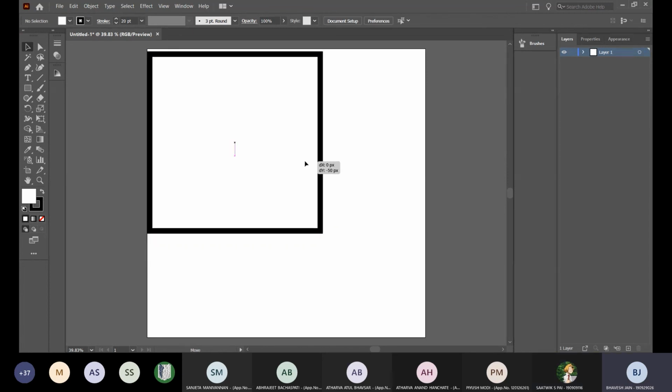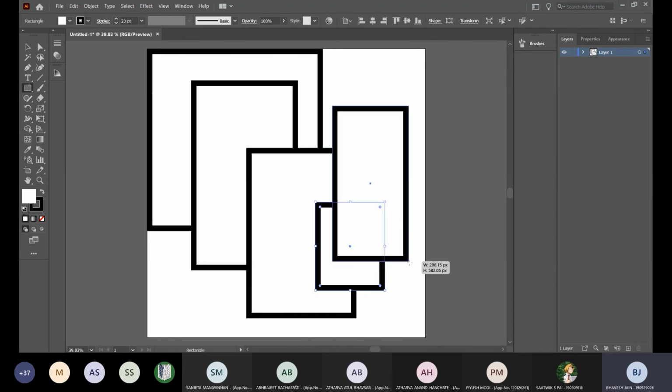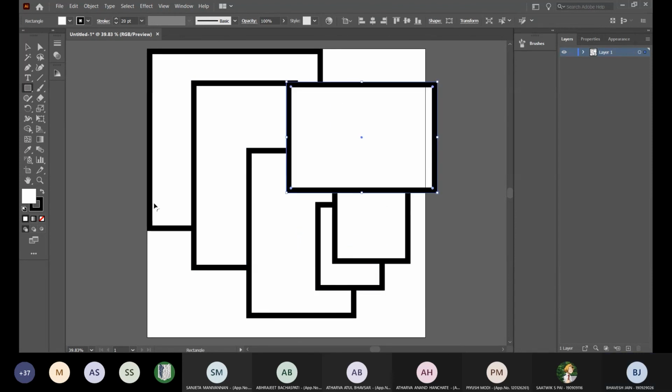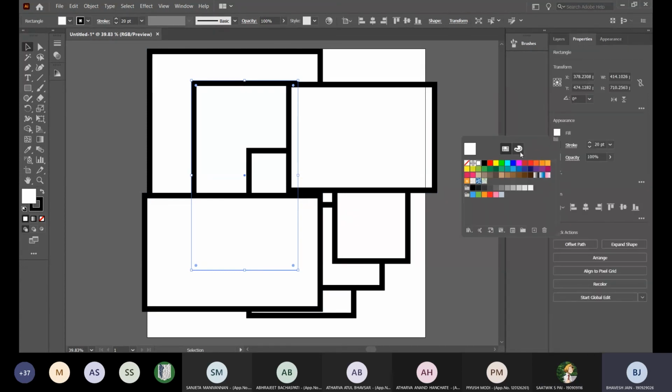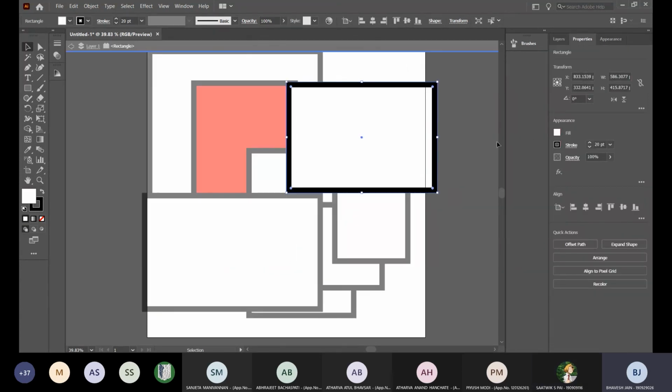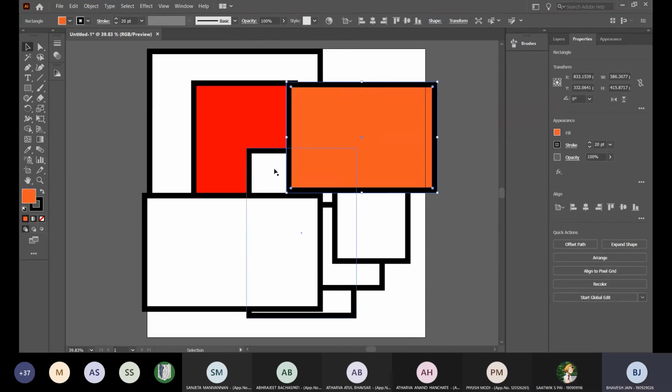And again, if you want to change, even inside the group, for example, I'll draw multiple rectangles. Okay. And I give all of them different colors so that it's more visible to you guys. So give this say red. What color should I put here?